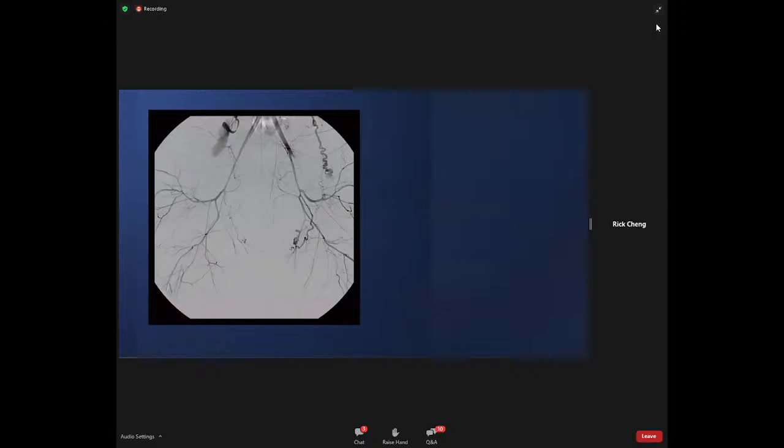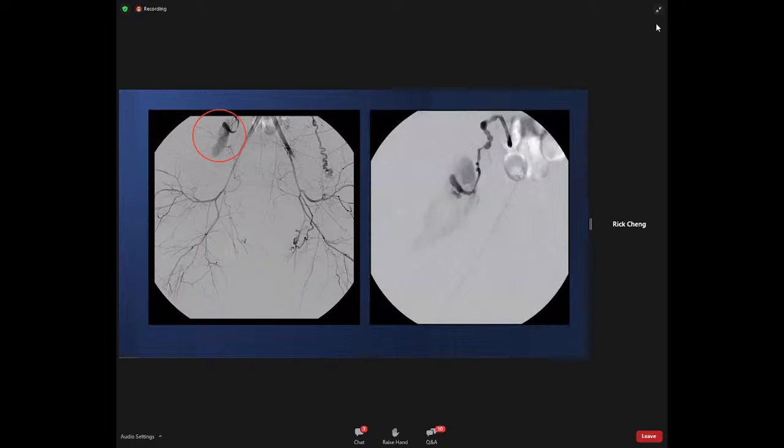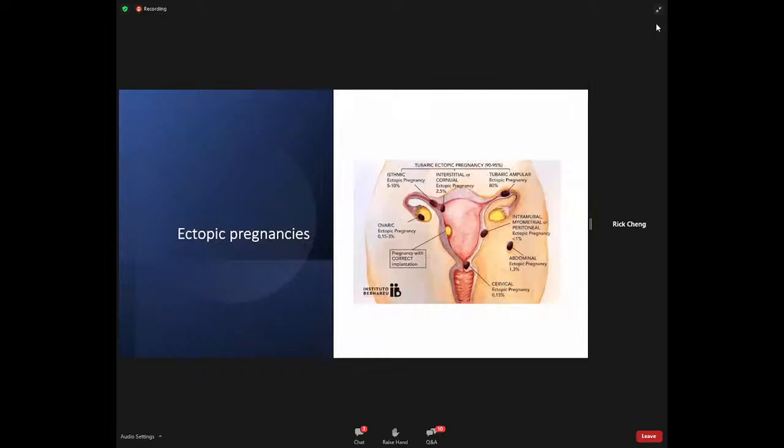On the initial angiogram, you can see that the patient is very intravascularly depleted, as the vessels are very small in caliber, including the uterine arteries. Interestingly, on the right ovarian artery, clearly there is a laceration with active extravasation. This was selectively catheterized, and glue was used to embolize this lacerated artery. She did well, subsequently stabilized, and was sent home after a couple of days.